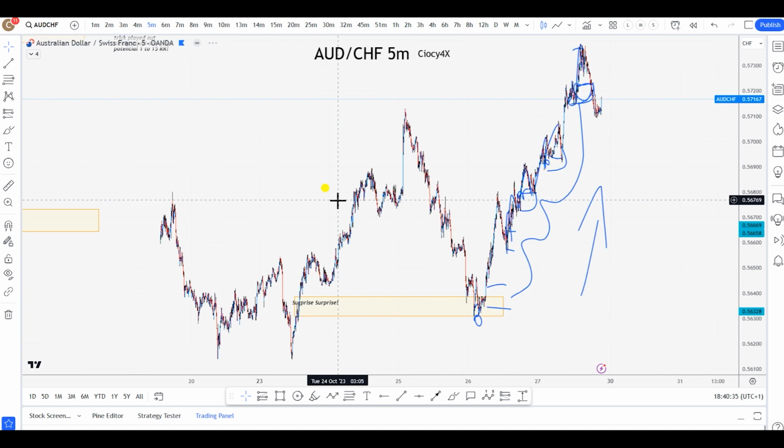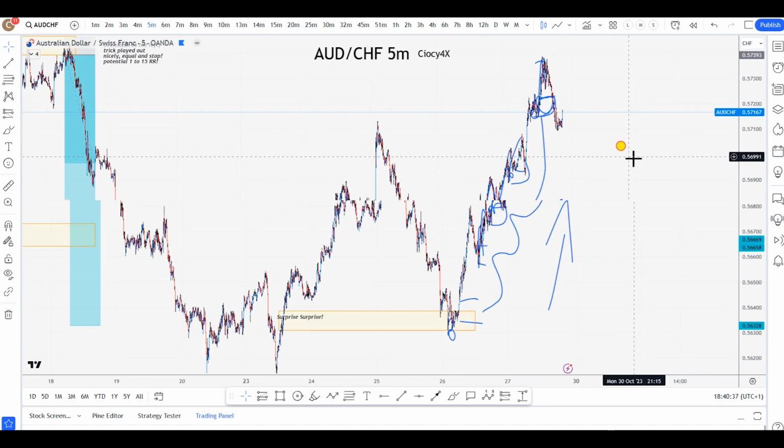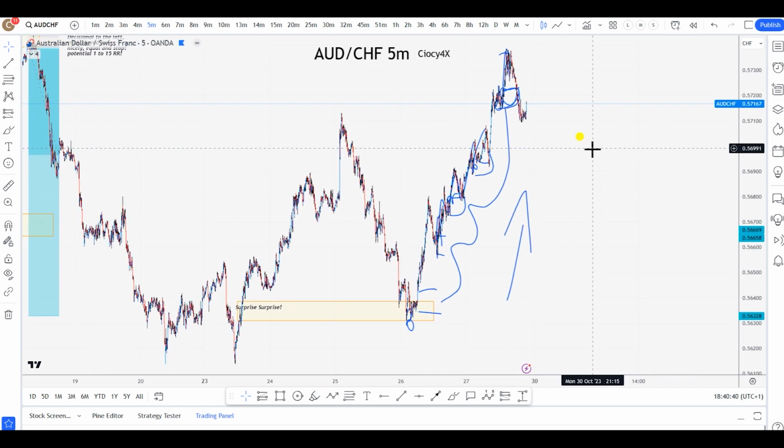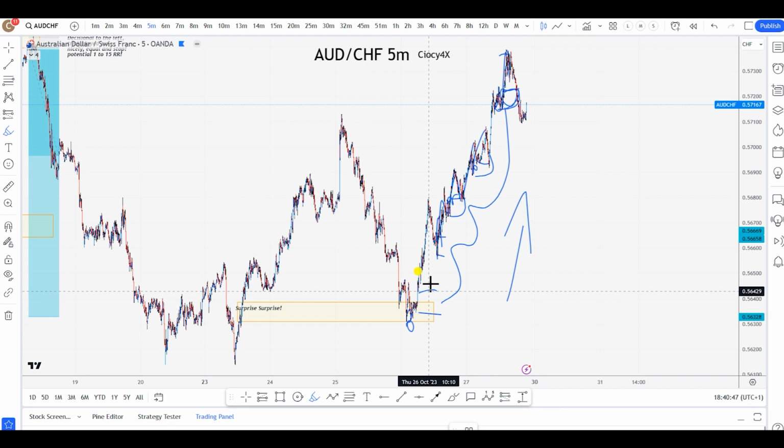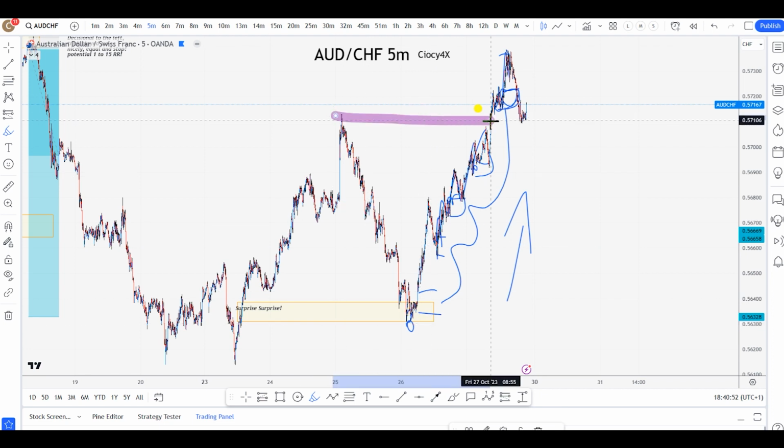Now that I'm zooming out a little bit further, I can see that yes, my order flow is bullish. However, right now I don't need to worry. As soon as I see the break of this, I cannot keep following my 5-minute structure. Why? Because it's true the order flow is bullish. However, based on the different time frame I have over here, this high that has been broken